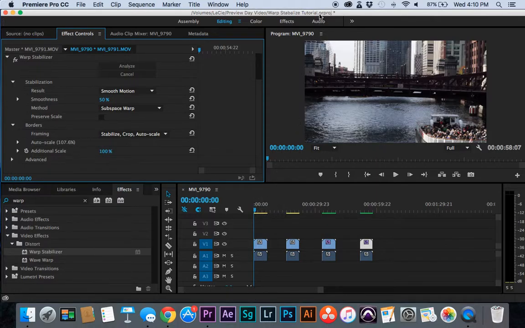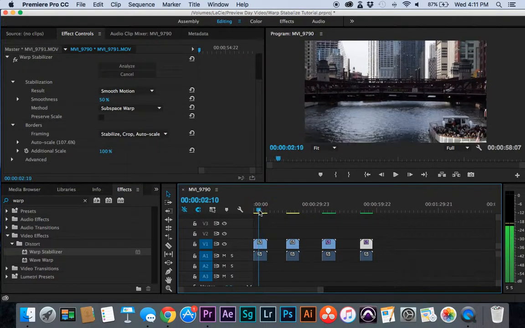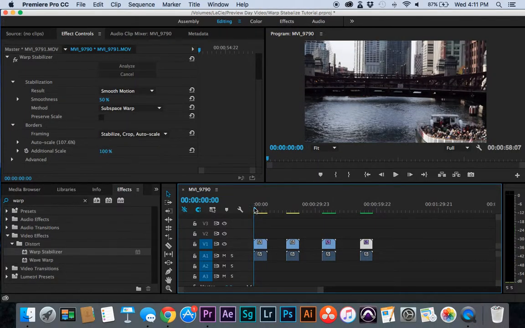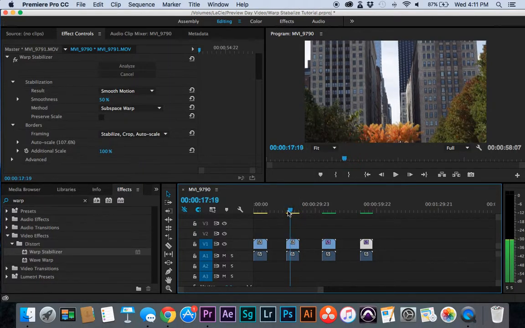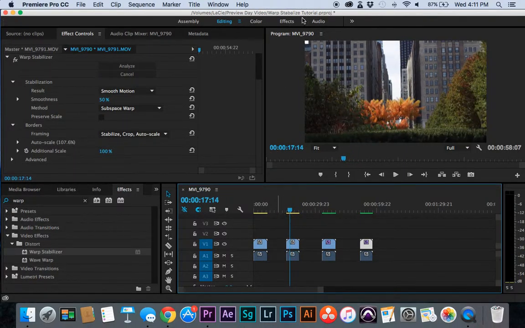So let me just pull up these two clips here and show you. We have two different styles. This one would just be the scene. I don't want any movement from the camera, but I still want movement from the scene. And then this shot, I'm actually panning up from the bottom up to the top of the buildings. And so I'll just go through these two. So in this clip,